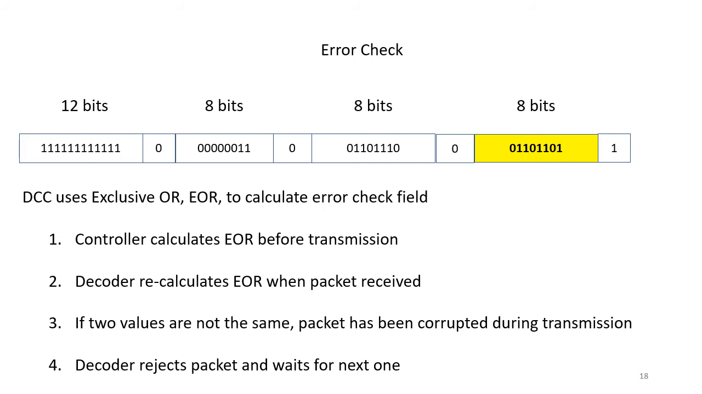It'll reject it and just wait for the next packet to be transmitted. If a packet is corrupted and is discarded, it doesn't matter, because the DCC doesn't just send out 1 packet. It'll keep repeating the packet over and over. Even if there's no change to the speed of the train, it'll keep repeating the packet maybe every 10 milliseconds. So the fact that 1 packet is corrupted isn't going to affect it. The next packet that comes along maybe 10 milliseconds later will carry exactly the same